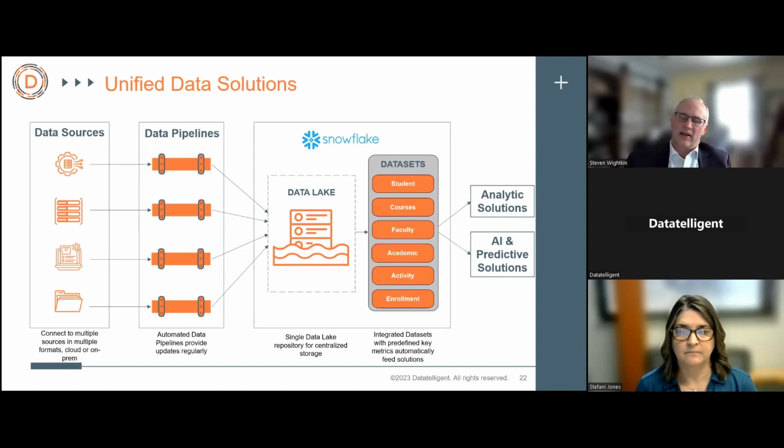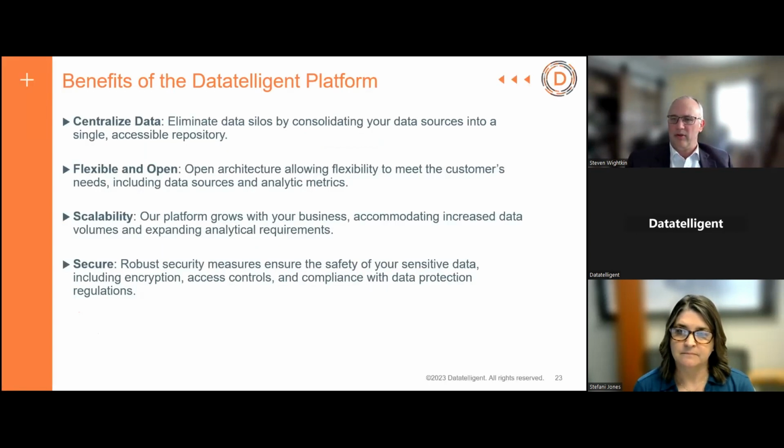What's nice about this approach is that Snowflake is a good company and a good platform that provides that safe and secure platform to integrate all your data, but also pull in your AI capabilities. So I know we're hitting the bottom of the hour here for the webinar, but just real quick